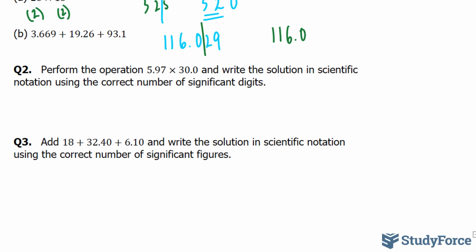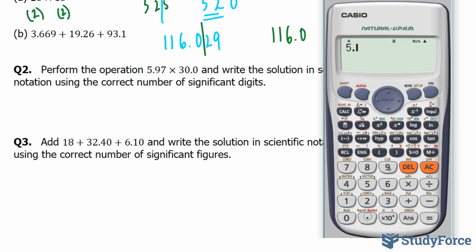Question number 2 asks, perform the operation 5.97 times 30.0 and write the solution in scientific notation using the correct number of significant digits. So let's start off with the obvious. Let's multiply these 2 numbers out. 5.97, and we end up with